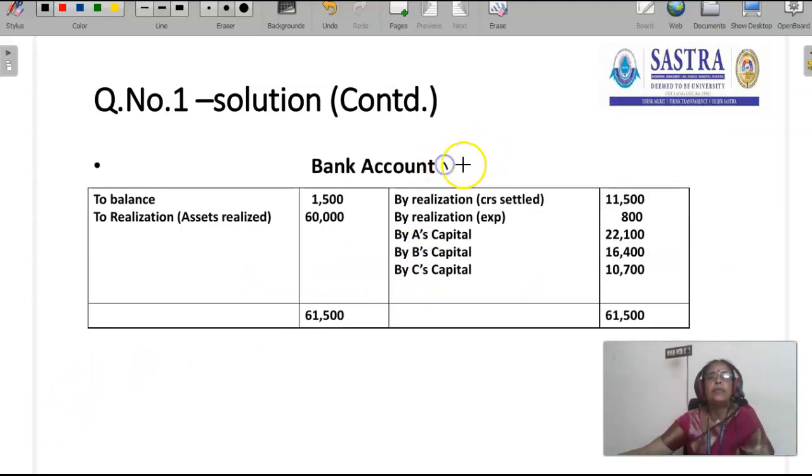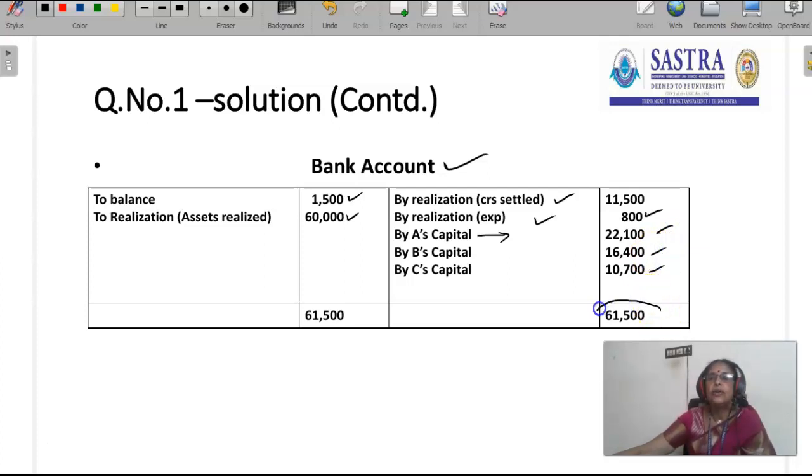Next step, we have to prepare bank account. Balance in the balance sheet is 1,500. Assets realized is 60,000. Then the firm settled creditors to the extent of 11,500. Expenses incurred for this dissolution process is 800. Then A's capital account is debited to bank account, that is A is paid 22,100, B is settled 16,400, C is settled